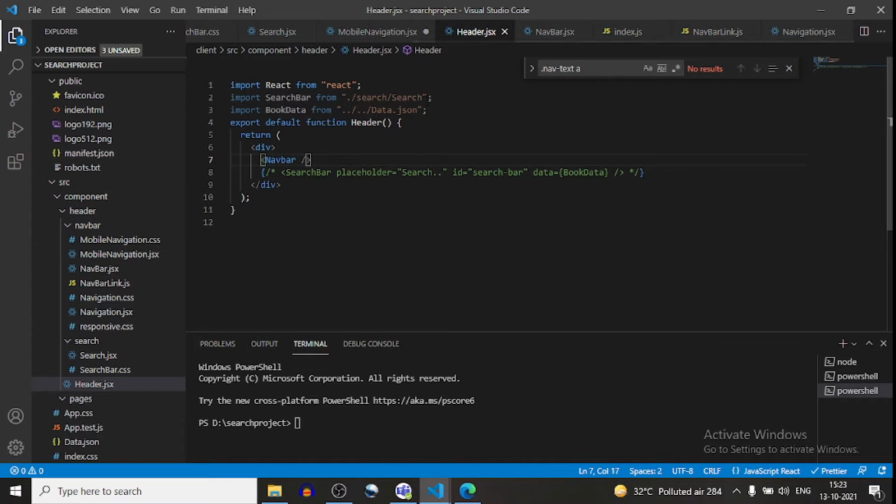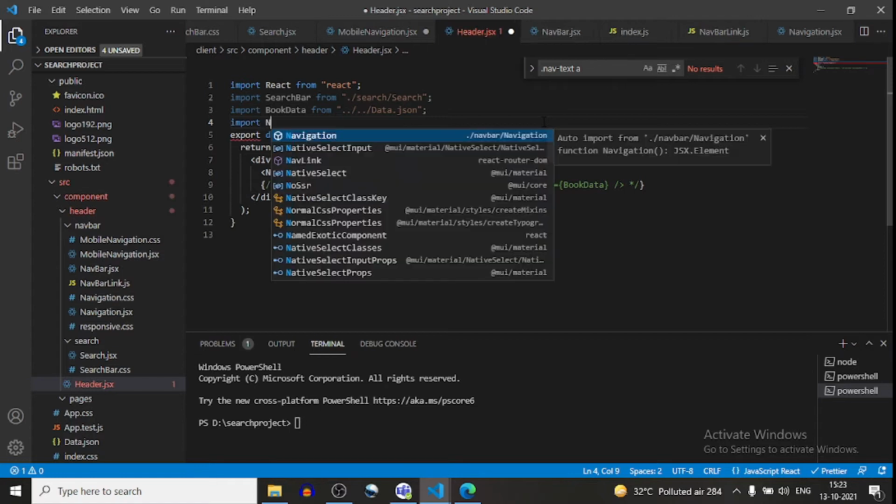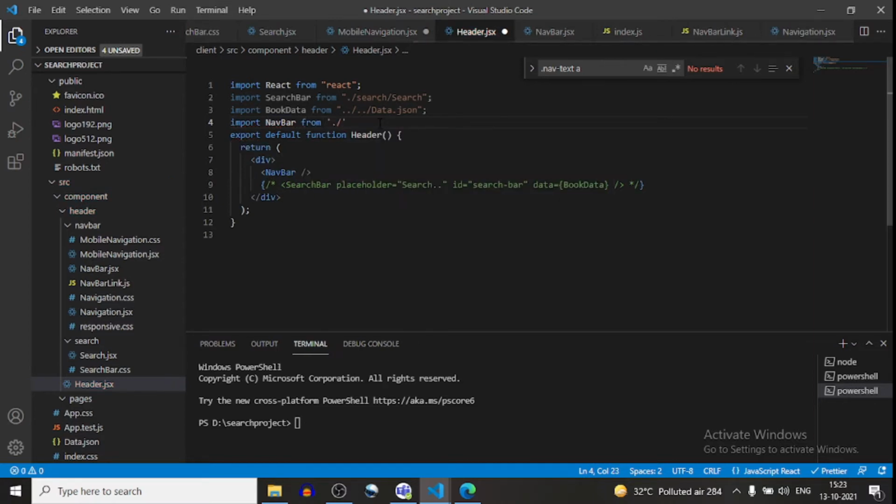Okay, this navbar, import navbar. Now let's see the result.